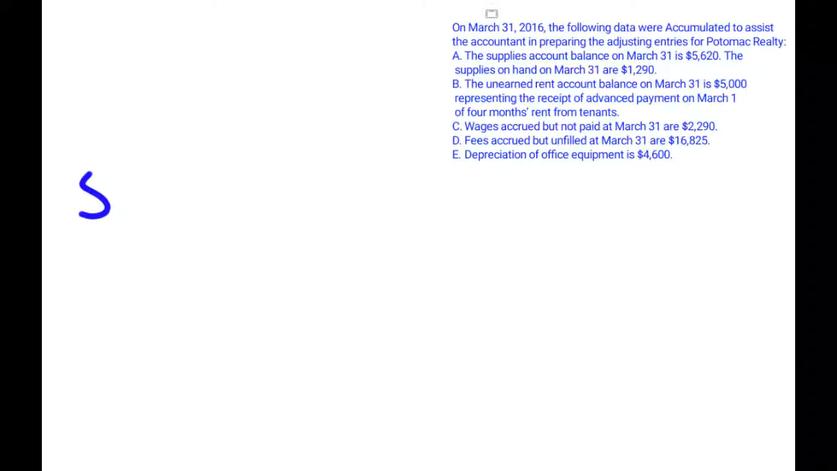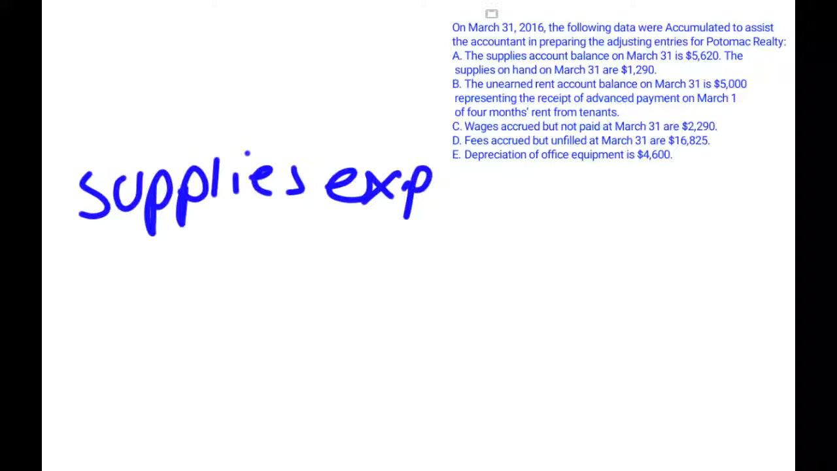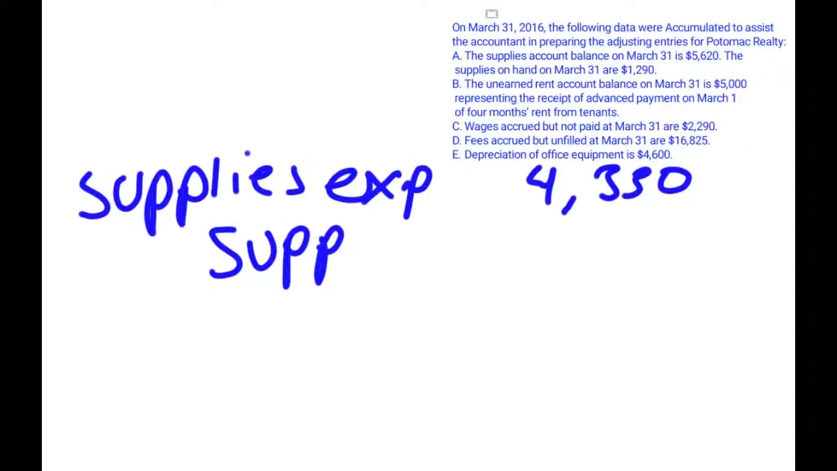So supplies expense will be debited for $4,330. And I got that from taking the $5,620 minus the $1,290. And then we will credit supplies for also the